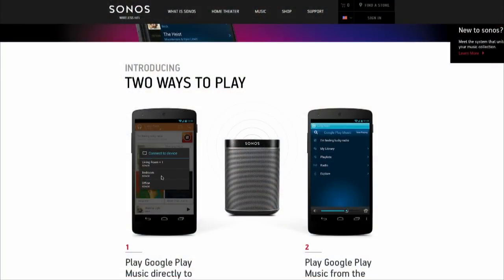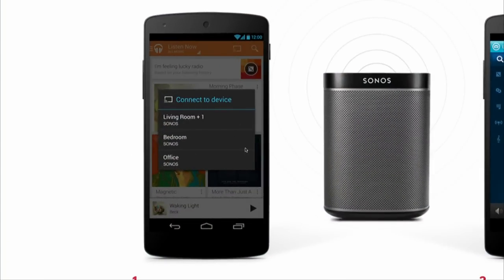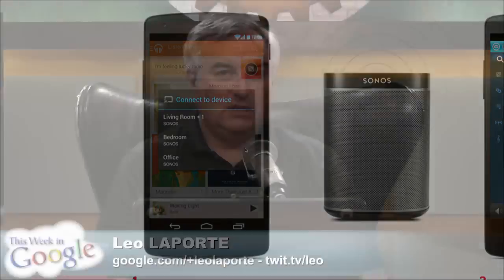I don't know. I don't have a Sonos, but I think it's the standard. Like it's just the cast button that you tap. I'm on my, this one's tied to my Sonos at home. But yeah, see those. So you're in Google Play Music and you can cast to your Sonos, which is wild. Love it. Hear your neighbors and start playing music now.